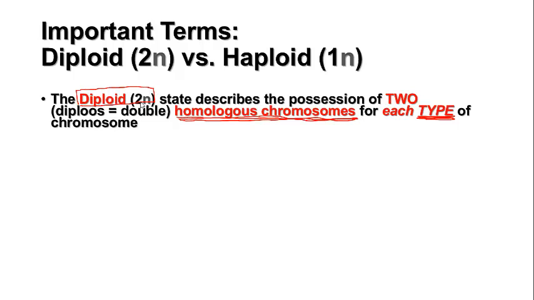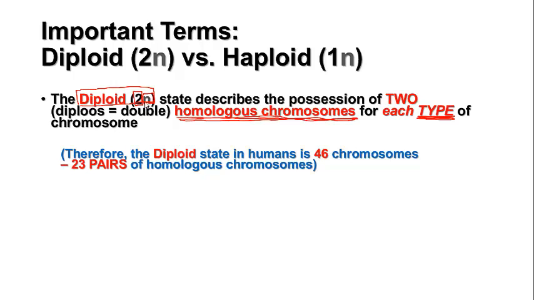Because if you have two sets of chromosomes for each type of chromosome, the total number of chromosomes is going to be the number of types of chromosomes times 2. Okay, so again, therefore, the diploid state in humans is a total of 46 chromosomes. You have 23 pairs of homologous chromosomes, or a homologous chromosome for each